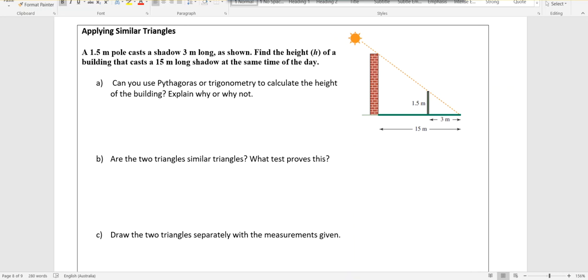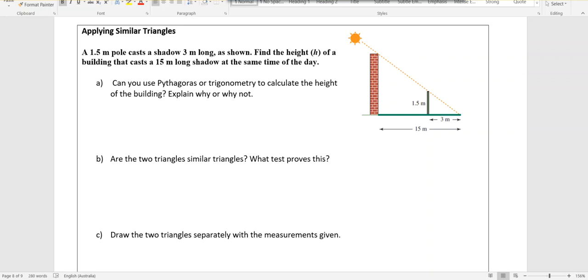Now, A asks us a question. Can you use Pythagoras or trigonometry to calculate the height of the building? Explain why or why not. Now, if you have a look, how many triangles are there in the diagram? So we're going to do C now and draw the triangles separately with the measurements given to give